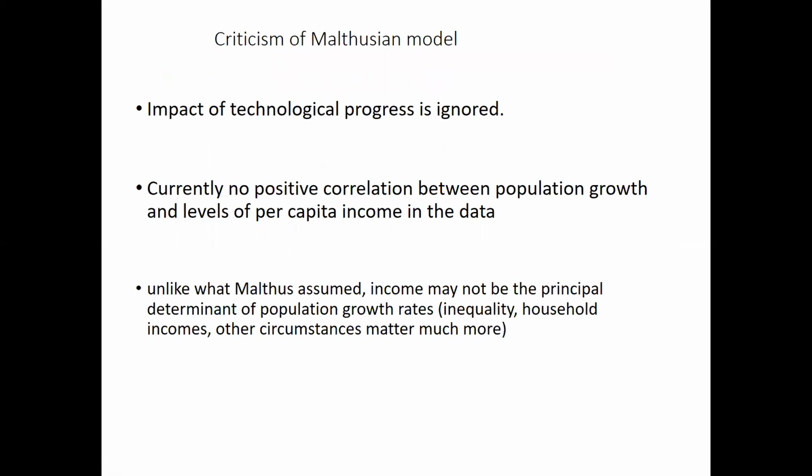Now, what are some of the criticisms of this model? Well, essentially, when Malthus wrote back in the 18th century, there was not much technological progress. Technology evolved very slowly. People had been doing agriculture. Perhaps the biggest technological progress was the invention of agriculture, more like 4,000 years before that. And so the invention of the wheel, the big technological leaps, took place a long time before that. And so people had essentially been producing, with domestication of animals like the horse and so on. And so technology had been more or less constant, and he was right.